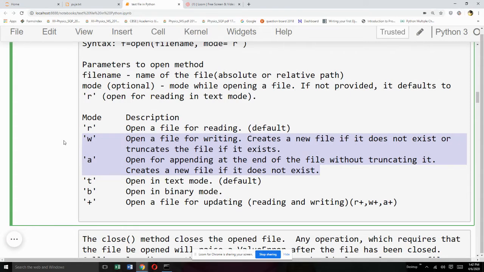Whereas A, if a file is not already present, will create it the same way as W. But if the file already has some content, it will bring the file pointer to the end and will start writing at the bottom.